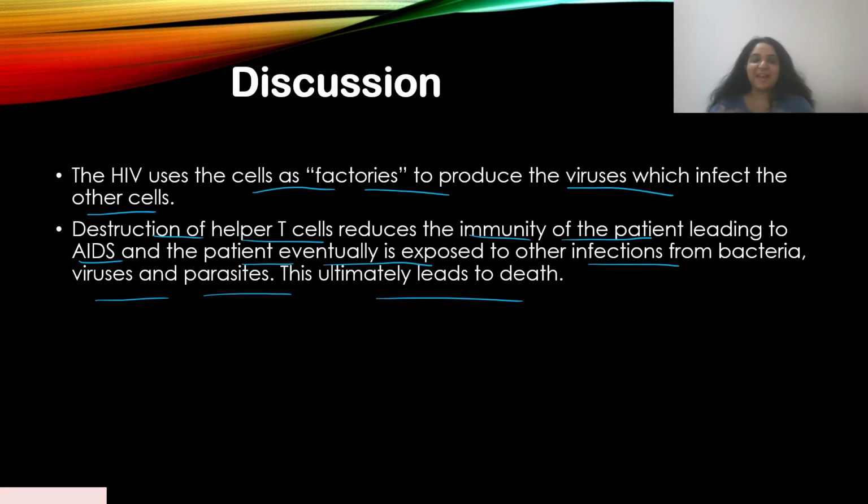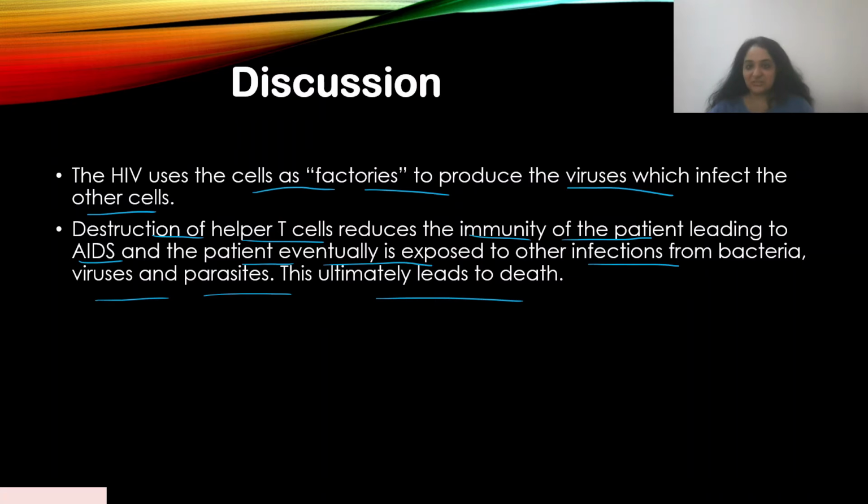You can't eradicate it completely from your system. It will remain there. There are drugs obviously present at various points where you can curb the replication, but once it has entered your system. Okay, so this is how bad HIV is, and that's why it's difficult to form a